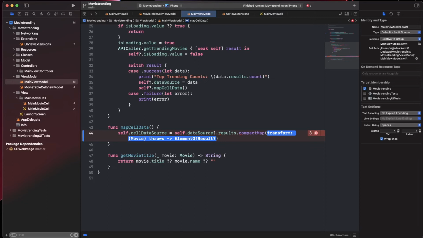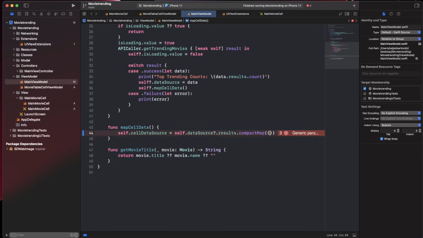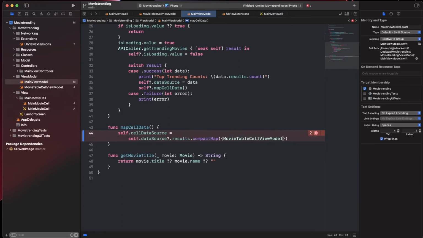It's better to try to find out more higher order functions inside Swift, they are so useful. Then we are going to map all those movies to our table cell view model, with the parameter being a movie object, by passing $0. As you can see, with this compactMap mechanism that we have here,